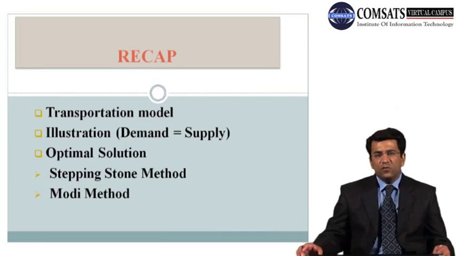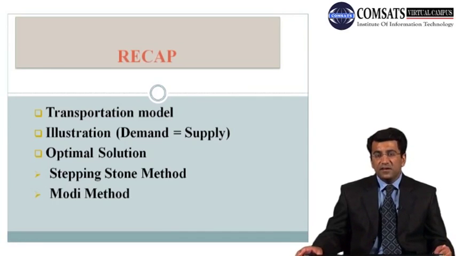After finding the values of the variables, we can use these values to find the shadow cost by using the formula, that is again Ui plus Vj minus Cij. By using this formula, we can find the shadow cost for the empty cells or the non-basic cells. And the criterion of optimality for this shadow cost is that all the shadow costs for the different non-basic cells should be negative.